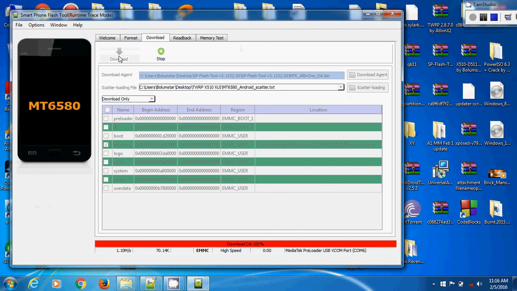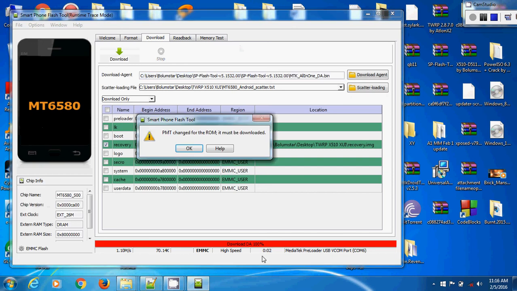Okay, as you notice, there's download here, but of course, now we have a problem. We have a problem because SP Flash Tool has actually read the chip info. It has read the chip info now, and it has it here. But it cannot flash now because